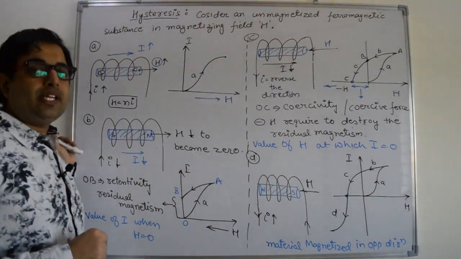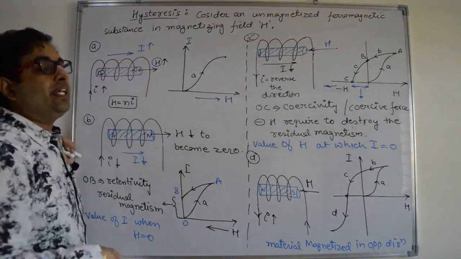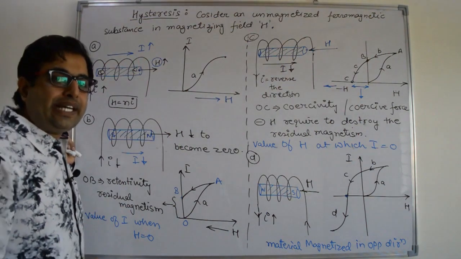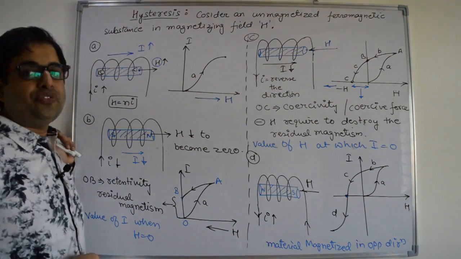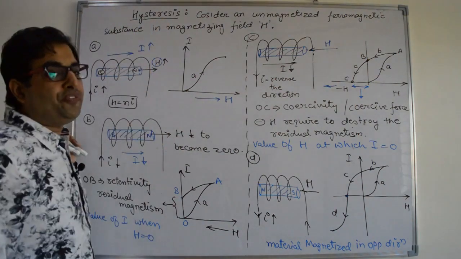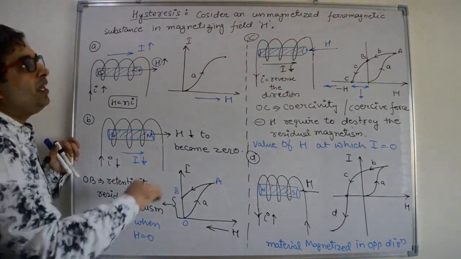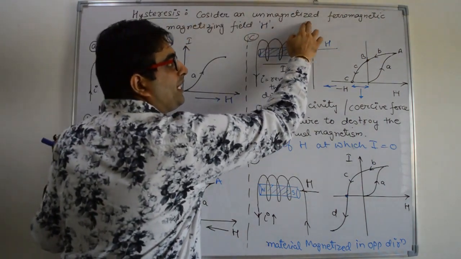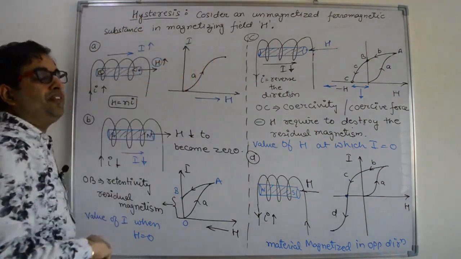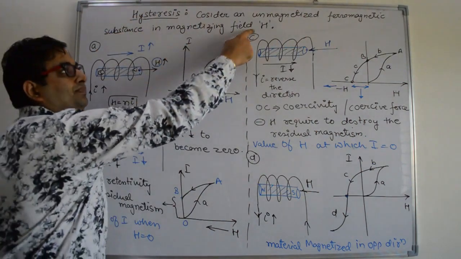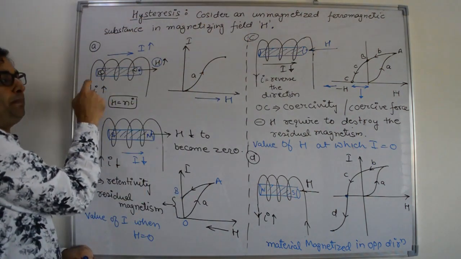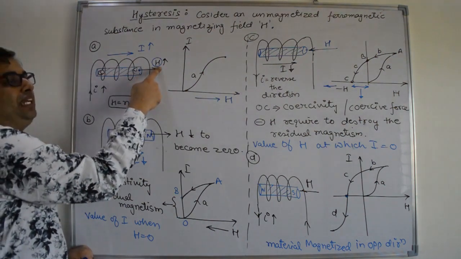Next topic, hysteresis. To understand hysteresis, first we have to see the process of magnetizing and demagnetization of a ferromagnetic substance. Hysteresis is defined only for ferromagnetic materials. Consider an unmagnetized ferromagnetic material in magnetizing field or force H. So this is a ferromagnetic substance placed in a magnetizing field H